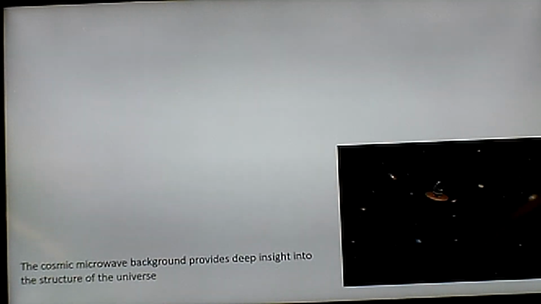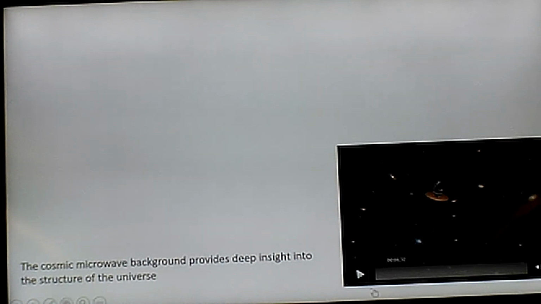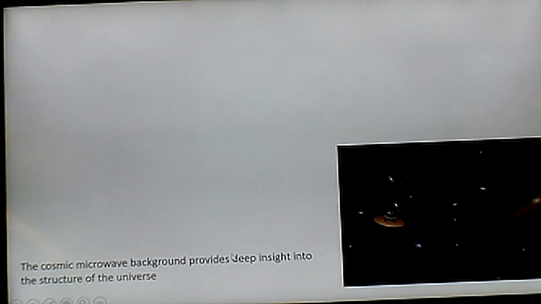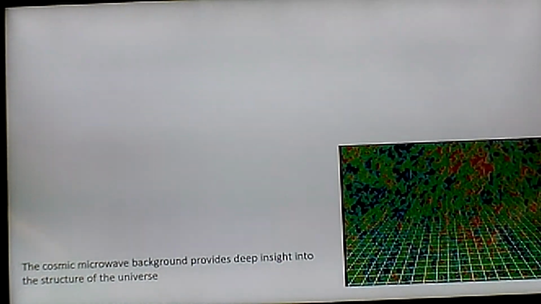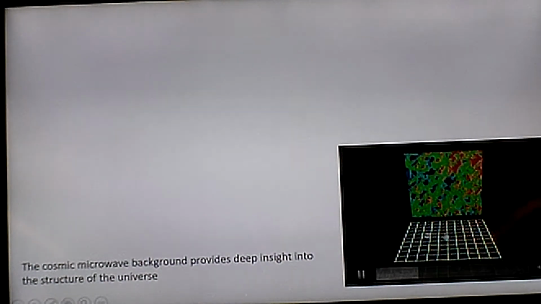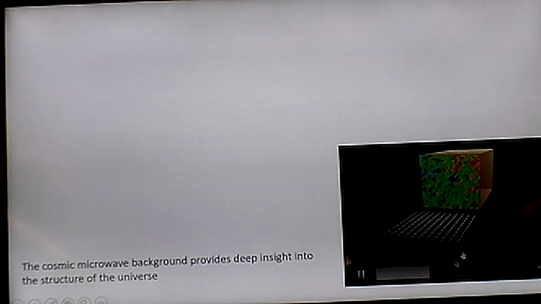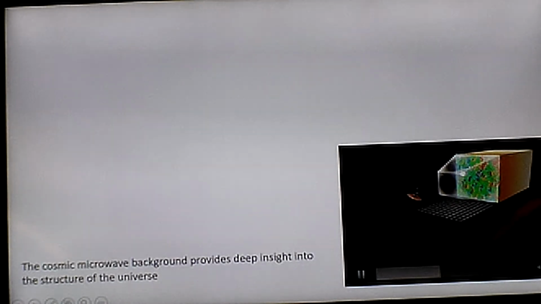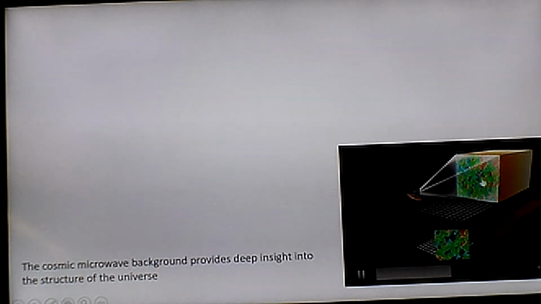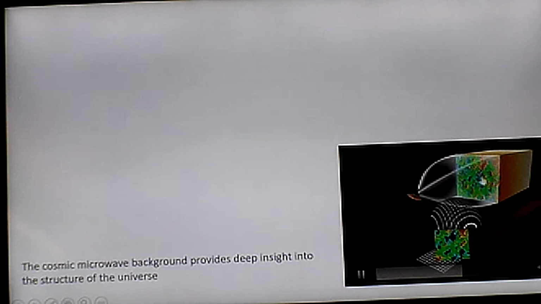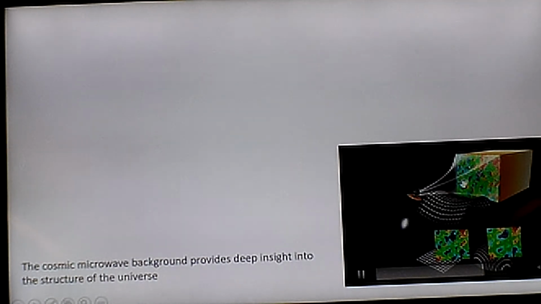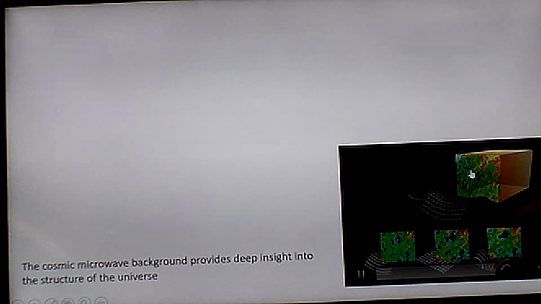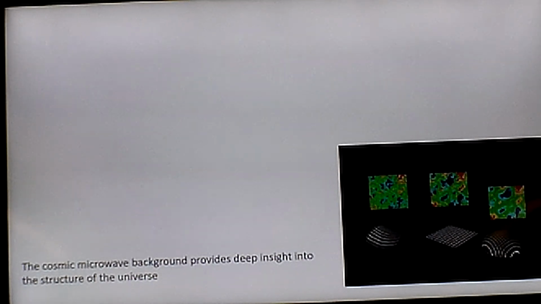So let's see. Oh, so now let's talk about what we learned from the cosmic microwave background. This depicts a spacecraft that's going to measure the glow from the very early universe. And there's the glow. That's what it actually looks like. And the spacecraft measures that. And the space between the dark area and the red areas, the blue and the red, is measured by the spacecraft. And depending on the spacing of these hot and cold regions, we can get the geometry of the universe.